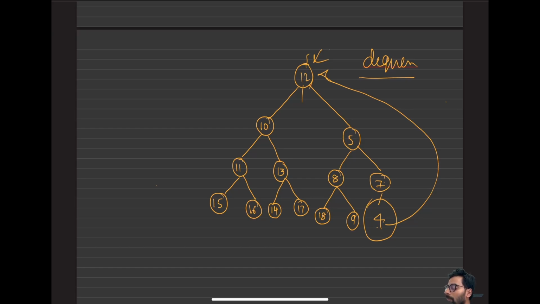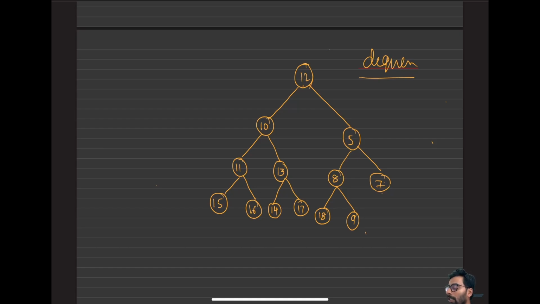So first the swap will be done. After swapping the values, we will remove the last element, because that's what we actually wanted to pop out, right? So we pop the last element. But as a result of this swapping, we have got a new element at the root. So now we need to check whether it is